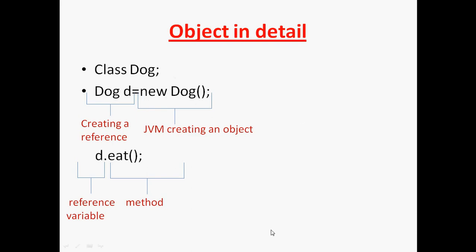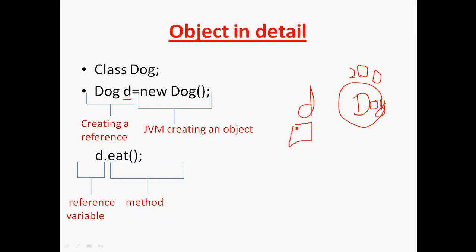So it will allocate memory for the Dog class. For the Dog class it will allocate the memory, and there's some address of this, I think I will say 200. And this d in Dog d is a reference variable. What is a reference variable?